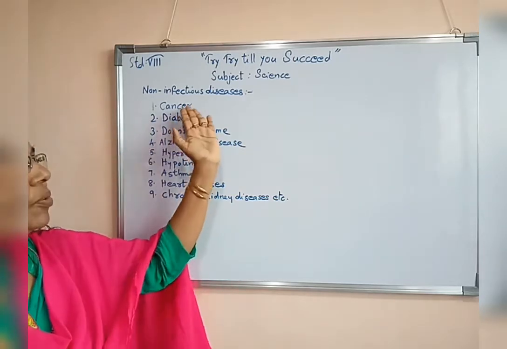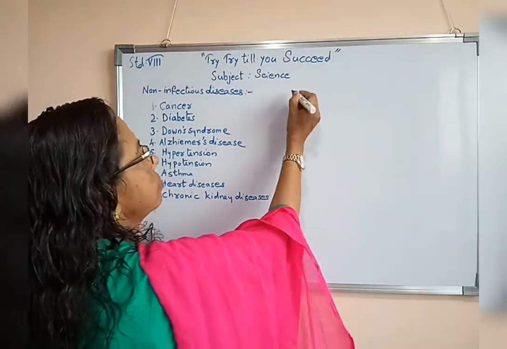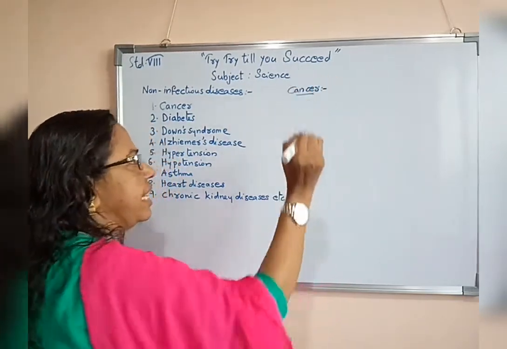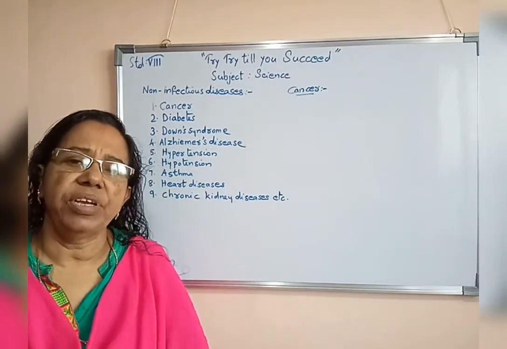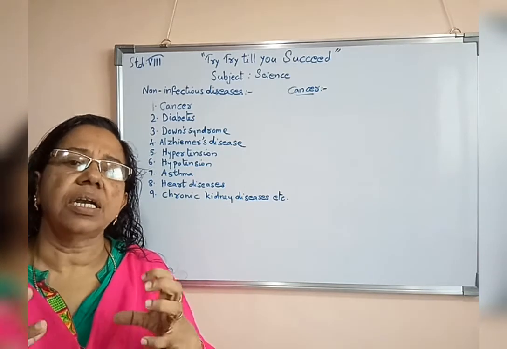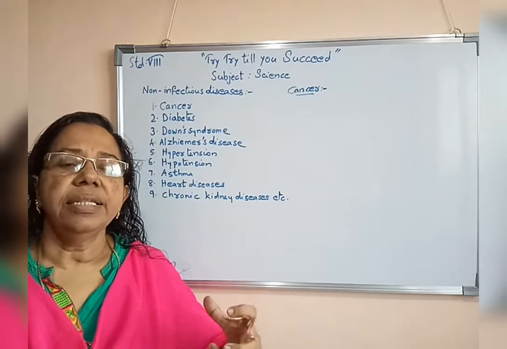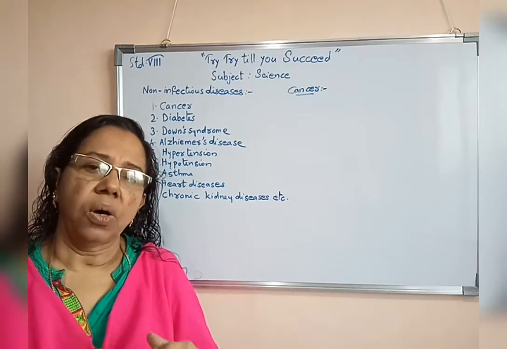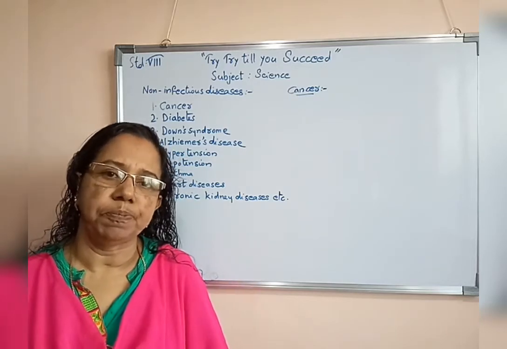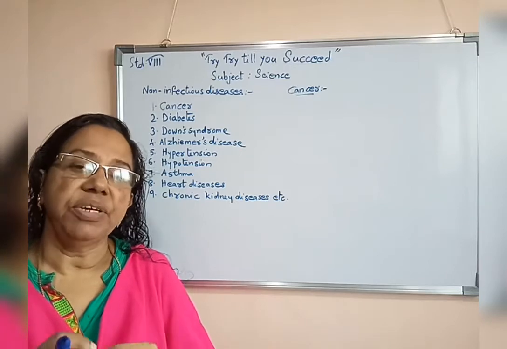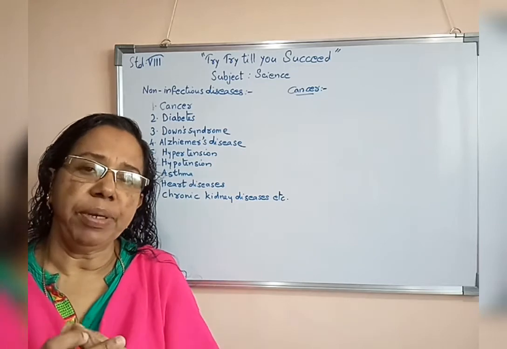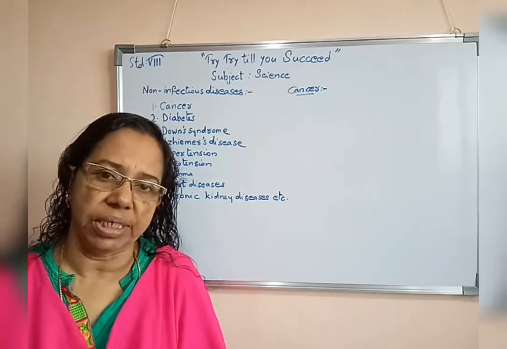Now we are going to study about cancer. Now what is cancer? How do we get cancer, as well as what is cancer. Cancer means uncontrolled growth of cells. As a result, a part or an organ of the body will have abundant growth of cells. Symptoms like severe pain, swelling may occur, or there may be a wound that cannot get cured.